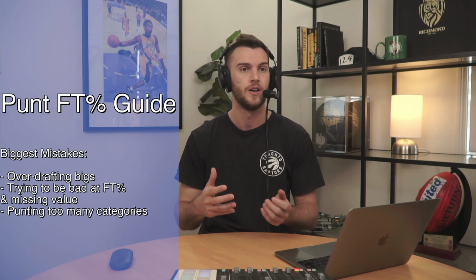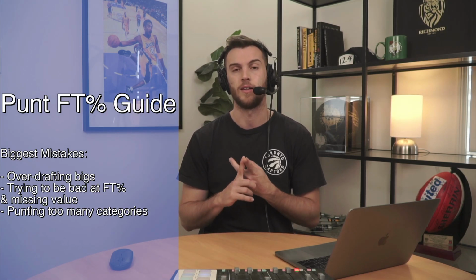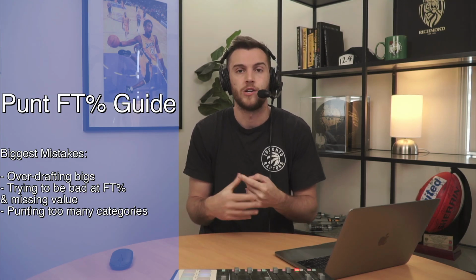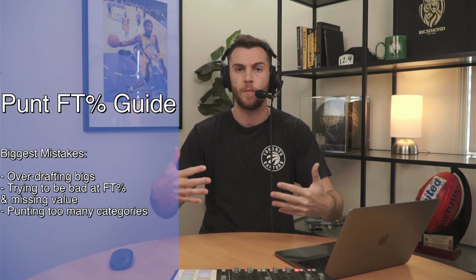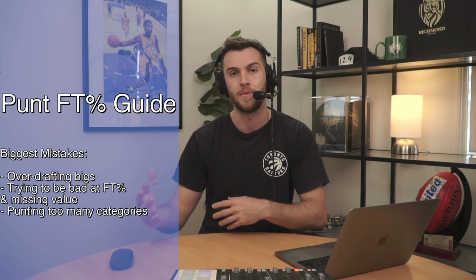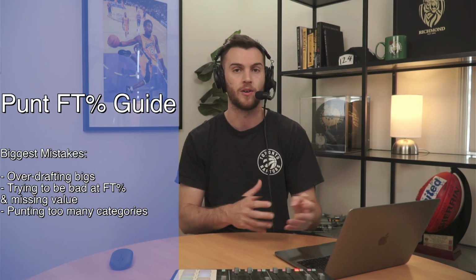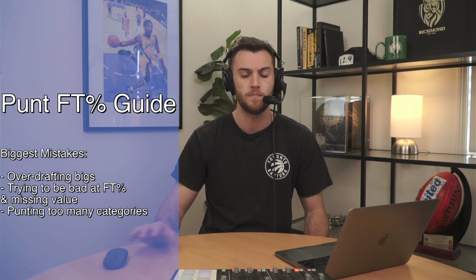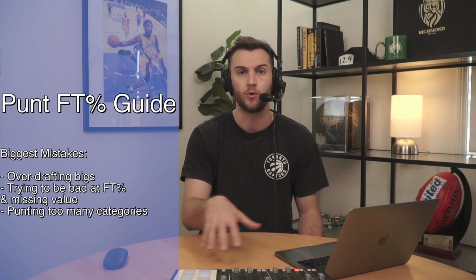And if you draft someone like a Claxton and then later in the draft you get someone like a Rudy Gobert, that might be enough for you to sit on and say, I'm towards the top. I don't know if I'm the very best, but I'm towards the top. I know that I'm going to be extremely competitive week in, week out. And if one of those guys goes down, maybe I can stream something like that in. I'm still going to have some other guys that maybe block some shots, but not all of their value is tied into the fact that they block shots. So I still think that is okay to do, and just make sure you're monitoring which of the categories you're good in, which are the ones that you're elite in, and just monitor that way.